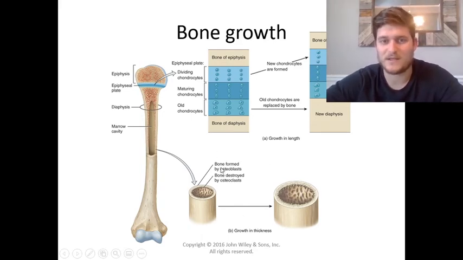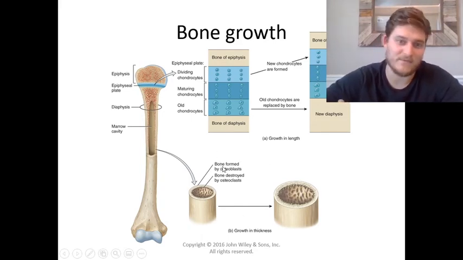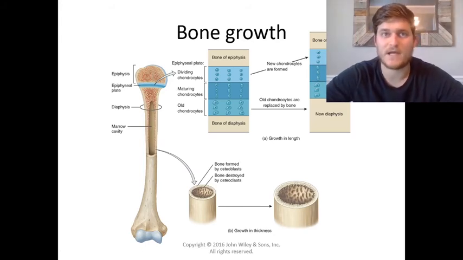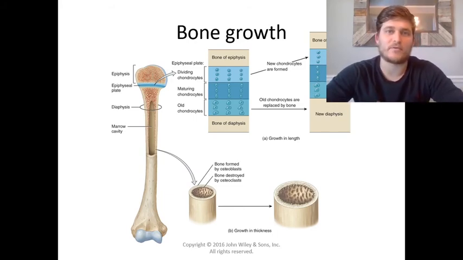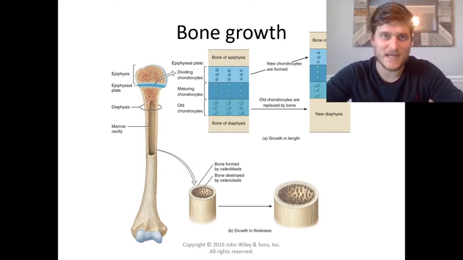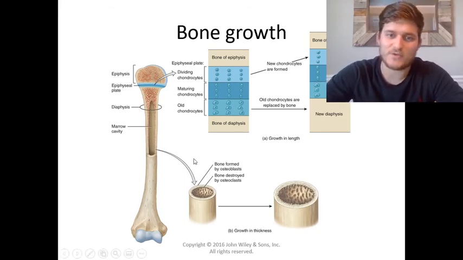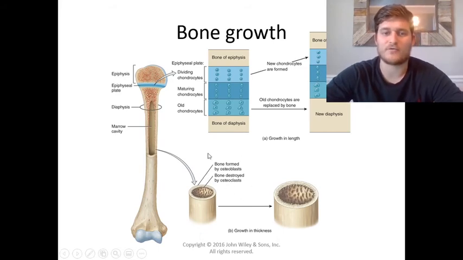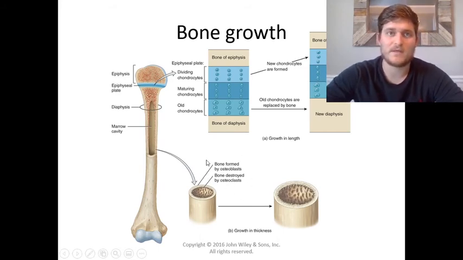So these two groups of cells have opposite effects. Osteoblasts help form the bone and increase thickness, and osteoclasts break down the bone. It's important to note that even though osteoclasts will absorb old bone and help break down the bone, they are vital in both bone growth and bone repair. So we see this many times in injury and damage, that you need groups of cells to remove old or damaged cells, and then groups of cells to help form new cells.